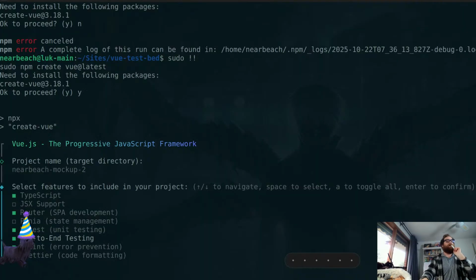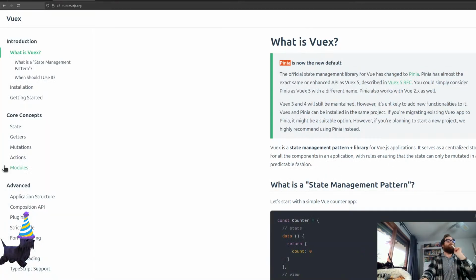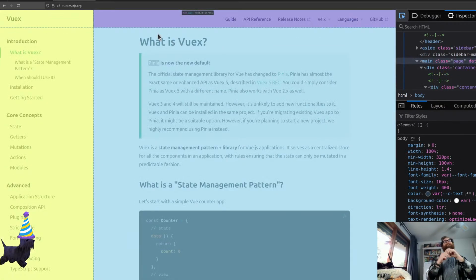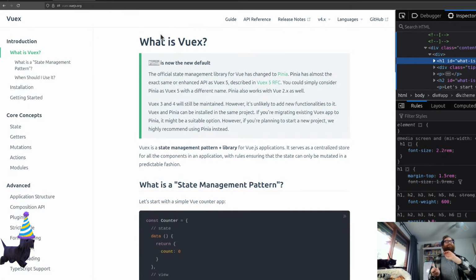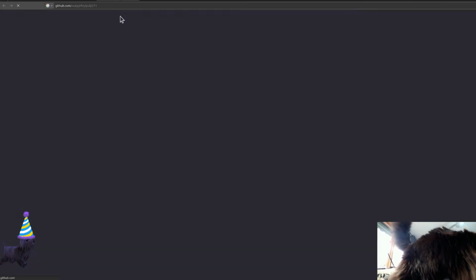All right, tonight it's going to be a lazy stream. I have just found out through randomness that we might need to change the state management for NearBeach when we do the 0.32, just because there's this message: PNR is now the default. So, hey. That being said, everything should be the same as the VueJS stuff that